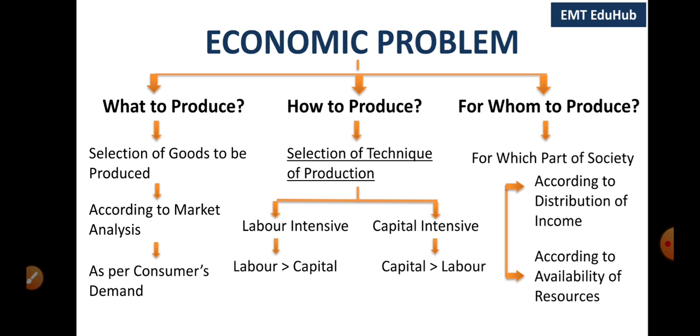Another important decision which a society has to take is for whom to produce. The society cannot satisfy all wants of all the people. Therefore, it has to decide who should get how much of the total output of goods and services. In other words, it has to decide about the shares of different people in the national cake of goods and services. And also, what provisions should be made for economic growth.